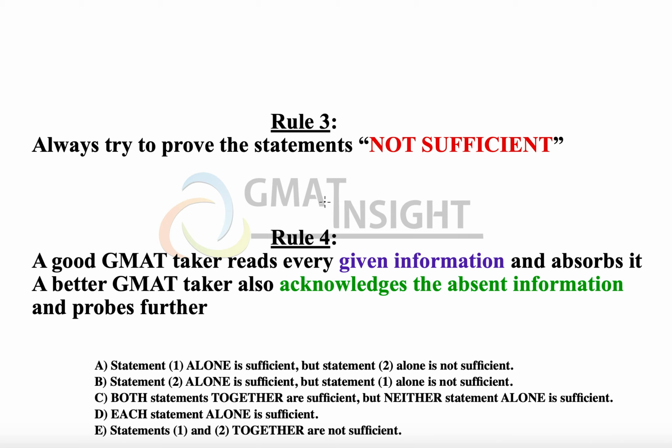For example, in many a question, many students just start assuming that the given numbers are integers, that the given numbers are positive. And these assumptions always take us to the incorrect answers. And therefore, it's really important that you acknowledge on what parameter, on what information the question is silent. And by acknowledging that, you can always probe further in the question,